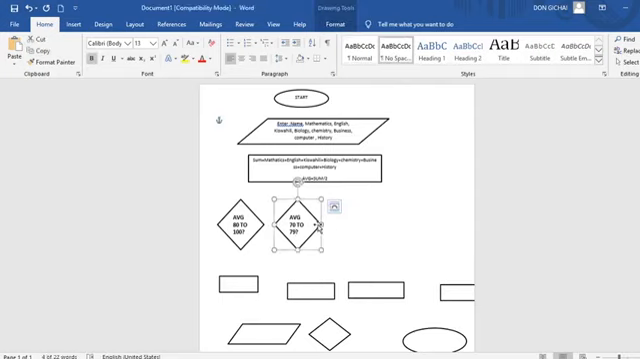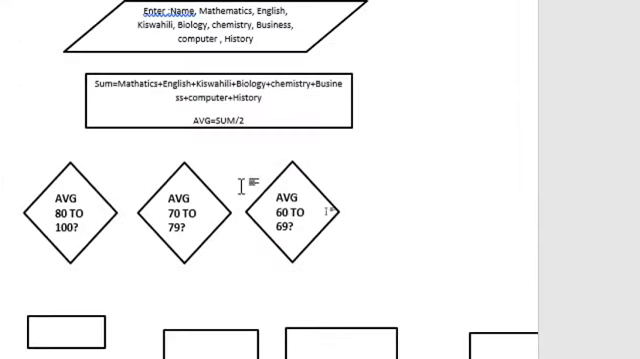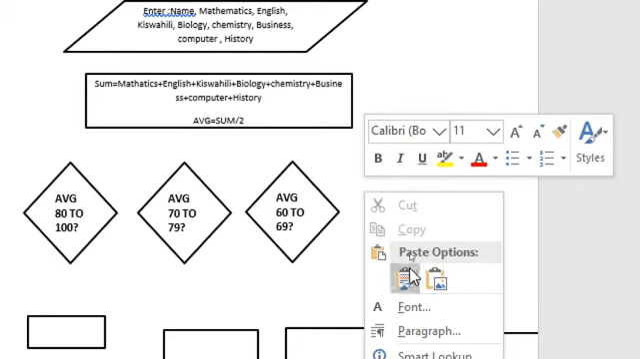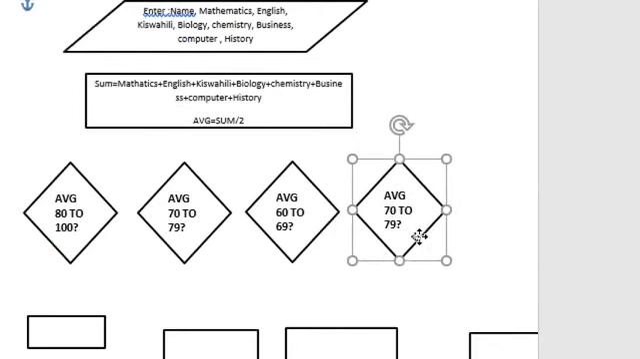Then you can copy paste, bring the other one there. This is now 60 to 69, that way. 60 to 69. Then you can also paste again this one, bring it here. Now this is 50 to 59